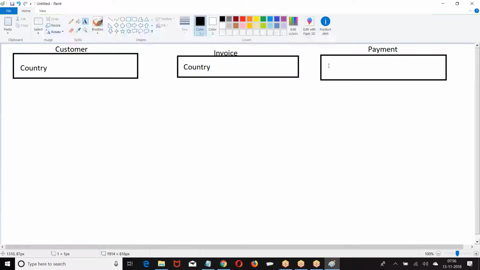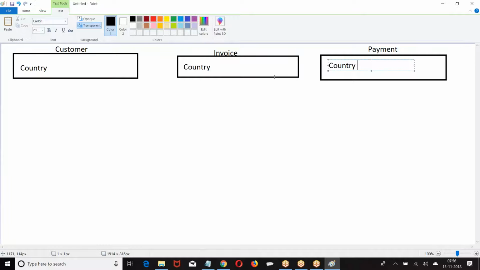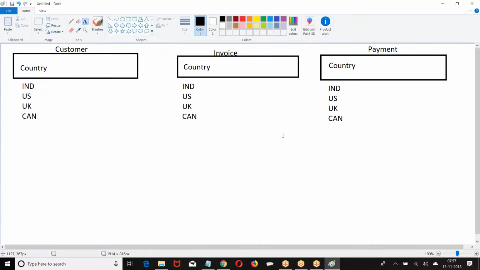It is a pick list field. Now the point is, whatever the options I have in this field, same set of options should be there in this also. I have a pick list field in multiple tables, but options in the field should be same.